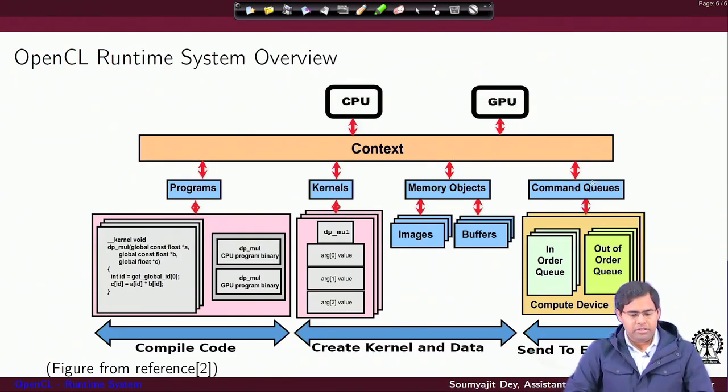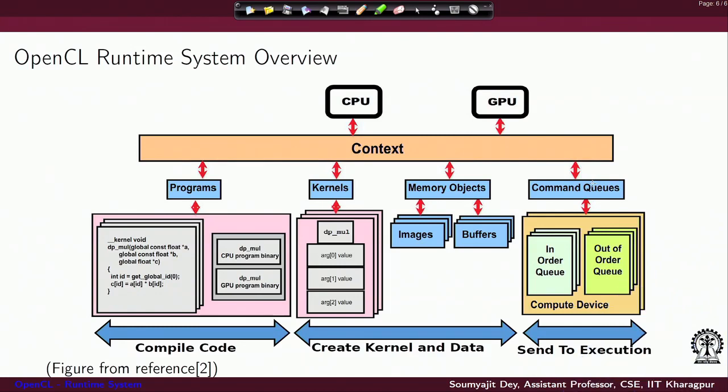So, coming to a nice summary that we would like to make here. What really is the runtime systems overview? What are the different phases that you have gone through? So, we are trying to show a simple example here. You have a CPU and GPU. These are the two devices. Let us say you have married them inside a context. We know how to do it now.